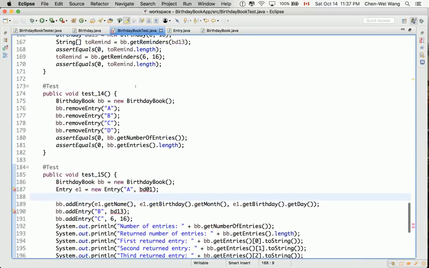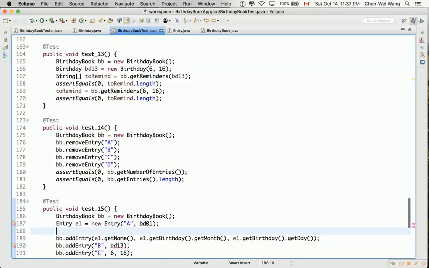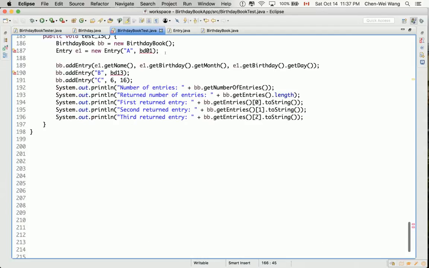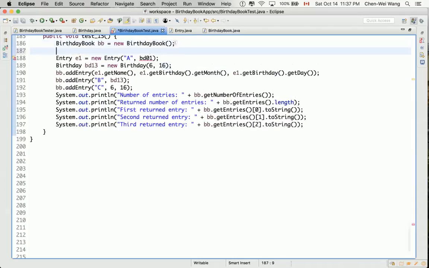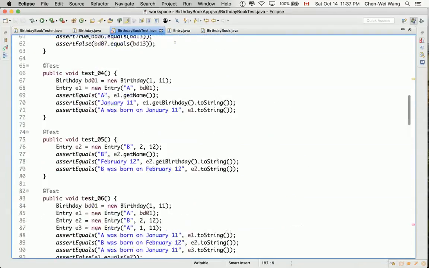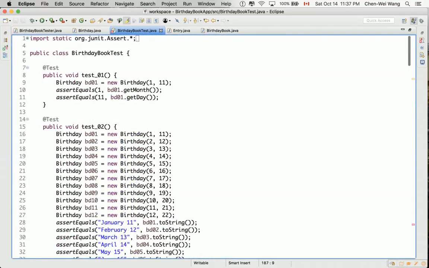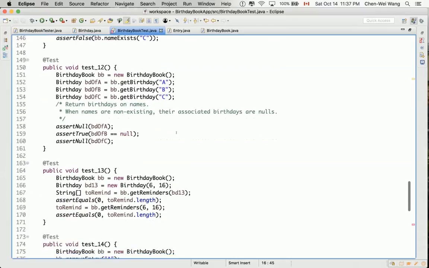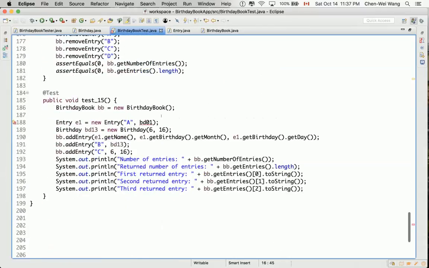Okay, let's go to BD13, which is here. Let's copy and paste. Okay, also we got BD01. Okay, BD01, that should be in the very beginning. Okay, so we got BD01 over here. Okay, let's also put it back. Okay, so now put it here. So now everything compiles, but we have to make sure we